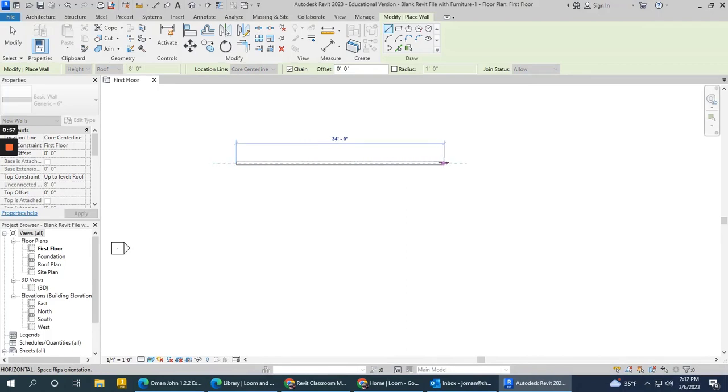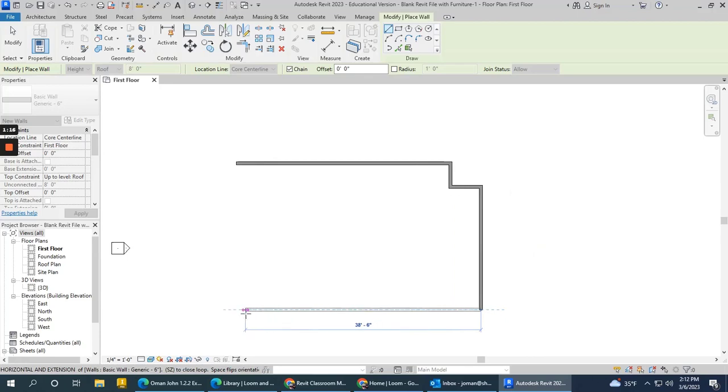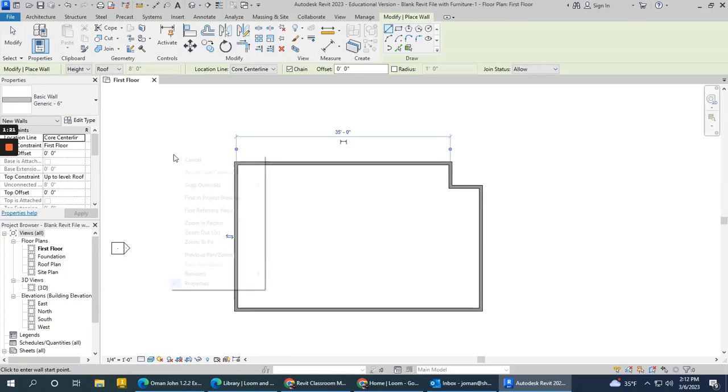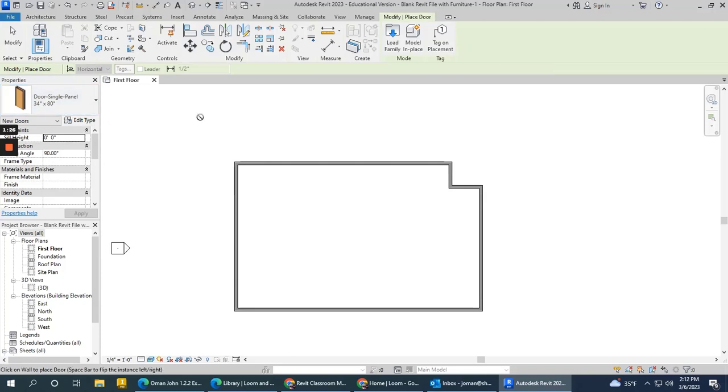And would you draw a 35-foot 0-inch wall from left to right on your screen? We'll go straight down 4 feet and to the right 5 feet. Down 21 feet. To the left 40 feet, and you can close it off. Feel free to pause and rewind if you need to see that again. 35, 4, 5, 21, 40, and 25 feet. Place 4 doors